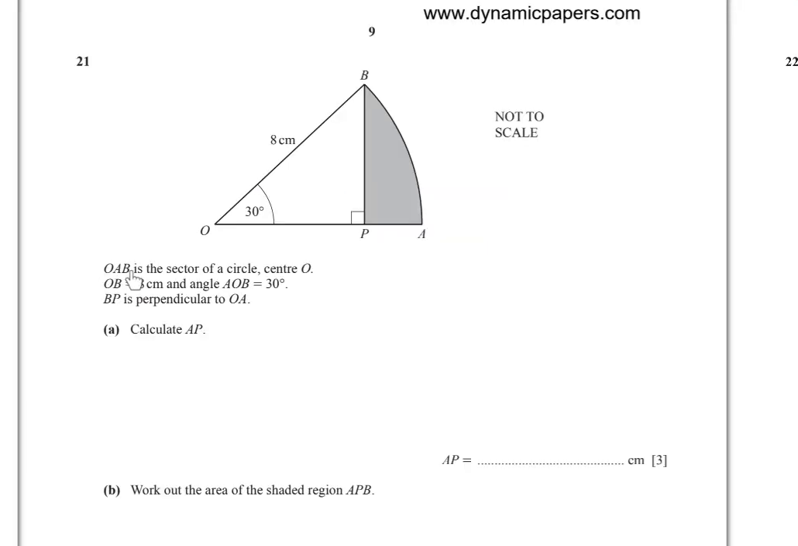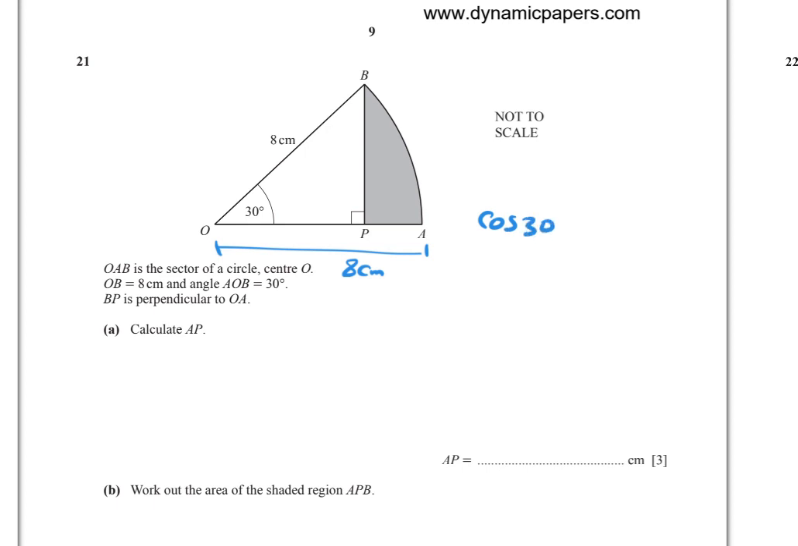21. OAB is a sector of a circle, center O. OB equals 8 centimeters, and the angle AOB equals 30. BB is perpendicular to OA. Calculate AB. To find AB, we need to find OB, because OA is 8. OA is the radius, so 8 centimeters. So now we need to find OB, to find AB. To find OB,